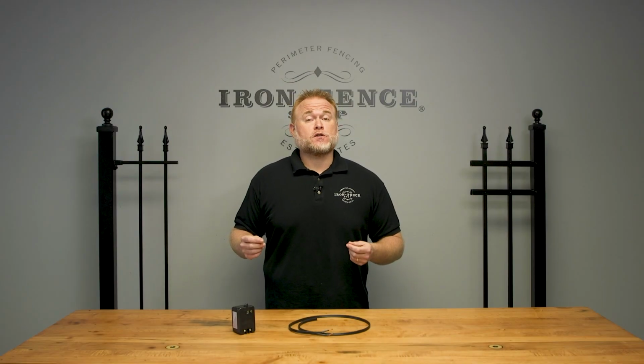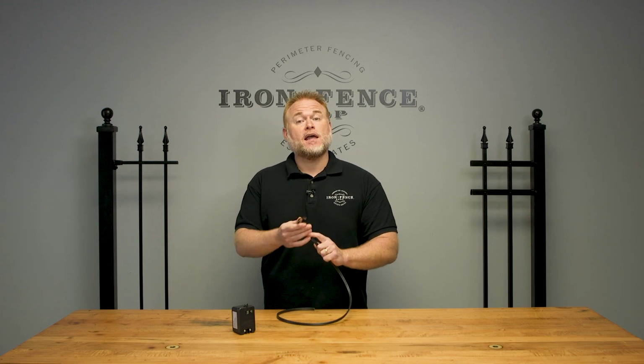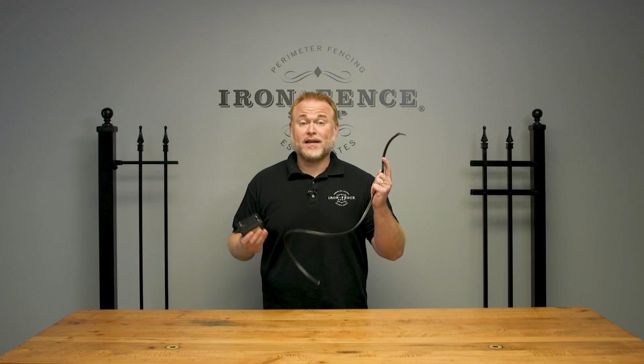So that's what comes with the Ghost Controls DEP2 decorative double gate kit. What about what doesn't come with the kit that you'll need to get the gate automated? Really, the only item you'll need beyond a power source to plug into is the wiring that will go between the control box and the plug-in transformer. That isn't supplied with the kit, since some folks may need 4 foot of wire and others might need 400